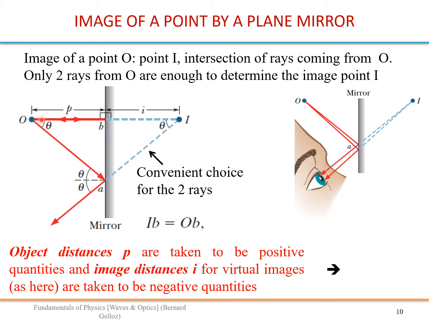So first of all, you see that this ray is incident normal to the mirror, so it will be reflected in the same direction. Okay, so it will be just like that. And you continue in the virtual world. So this virtual ray, you continue it. So let's take the pen and make it green. Your image is somewhere on this line.